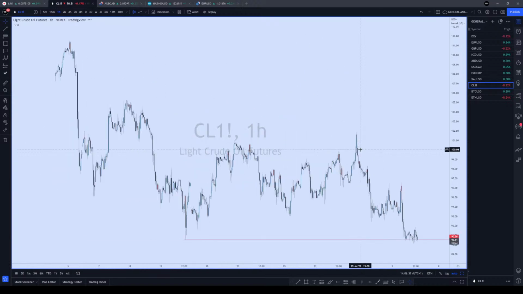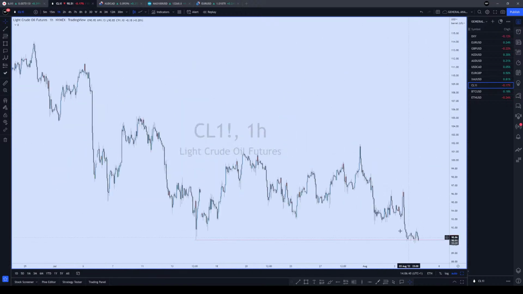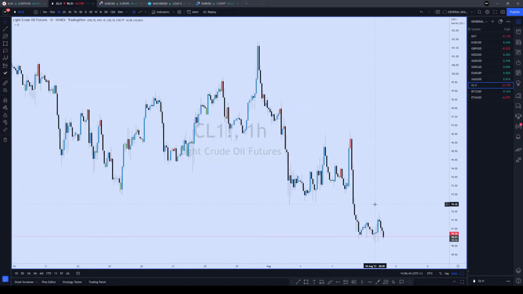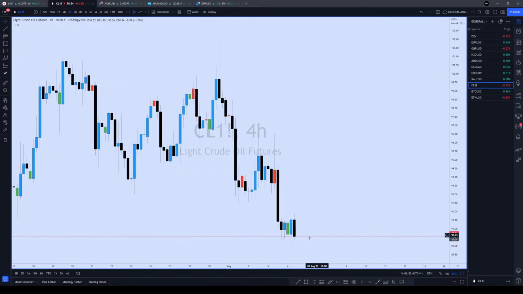Crude oil. I mentioned that we have reached our TP, so I'm on the sidelines waiting for more information. Want to see what price is going to do going forward. I don't see anything that can give me a trade idea yet. With that candle's move, I thought that they were going to trade a little bit higher, for me to get a trade, but that didn't happen. So I'm still on the sidelines.